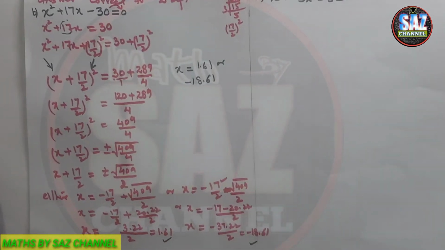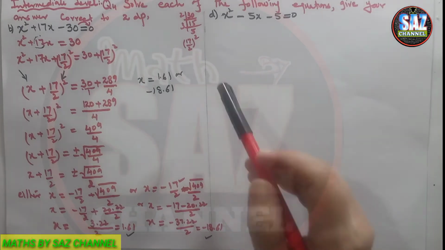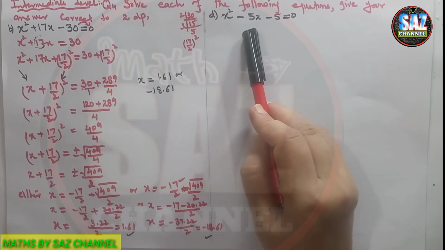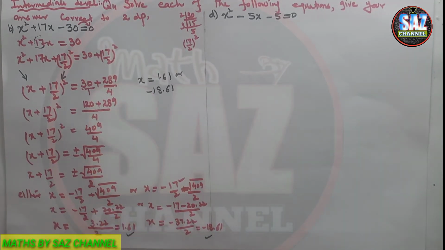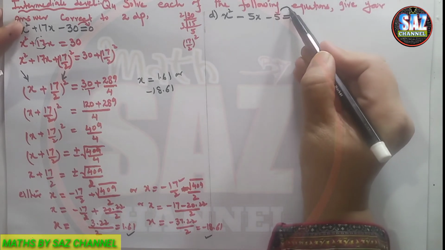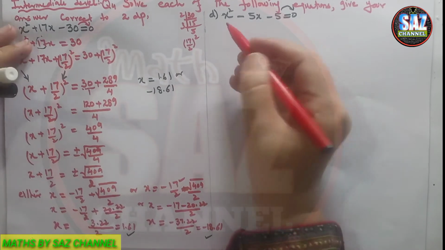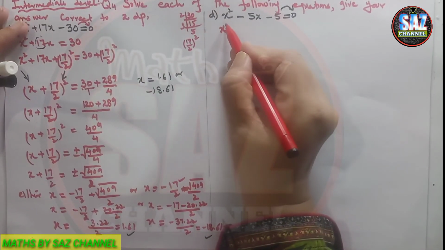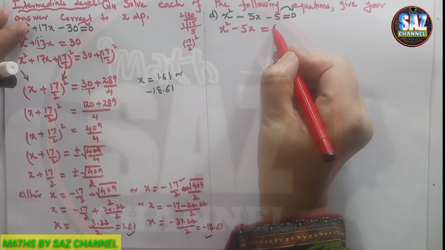I hope you are clear about this question. Let's move to the next question. D part of the question is x square minus 5x minus 5 equals 0. Now quickly apply the method of completing square: shift the constant to the other side by changing the sign. When I shift the constant to the other side, my equation will take the form x square minus 5x equals